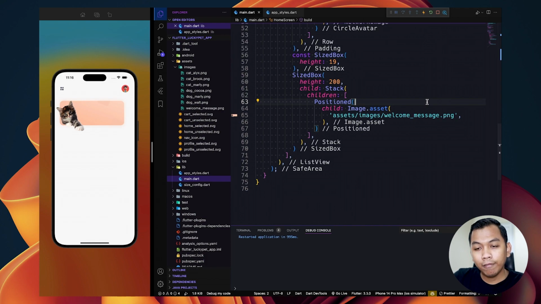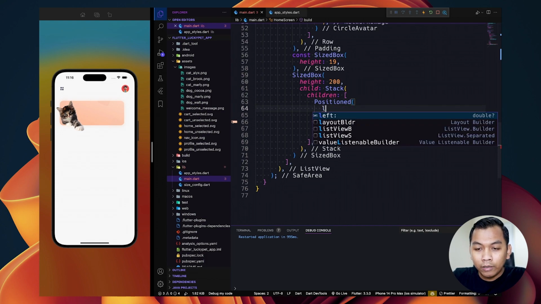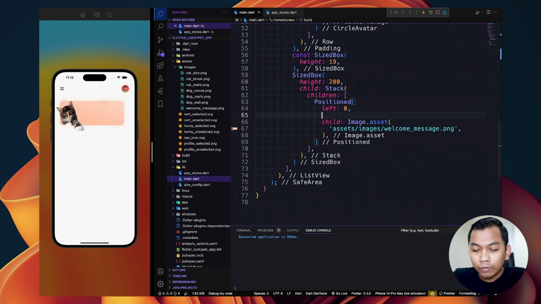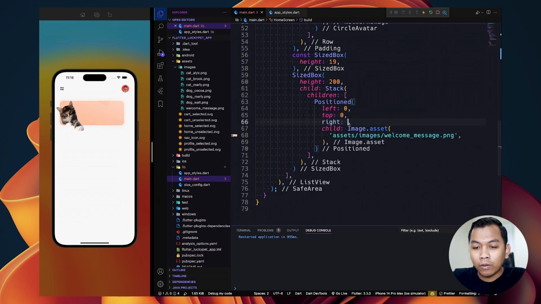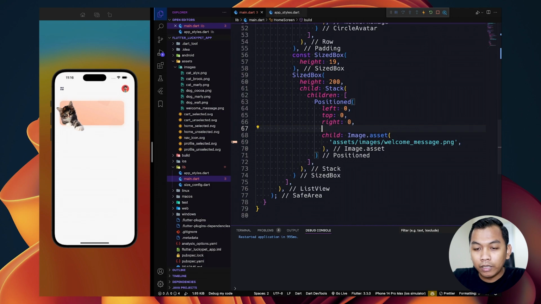Alright, so we have this image, and by default the position widget will be left 0 and top 0, so it will be on the top left corner. To fix that we need to say left 0, top 0, right 0, and bottom 0.